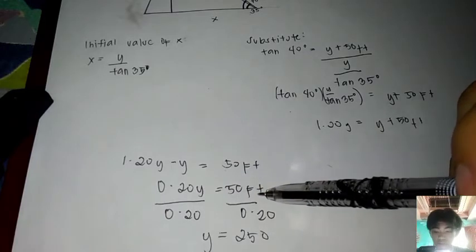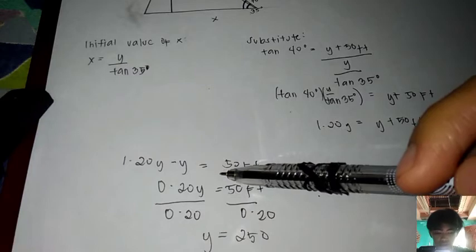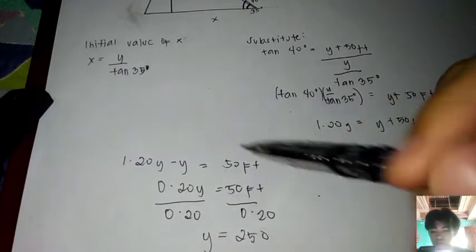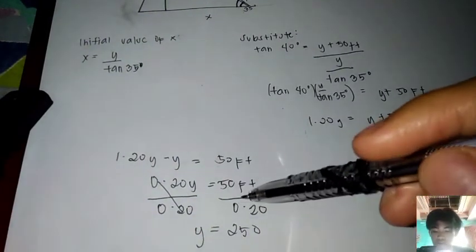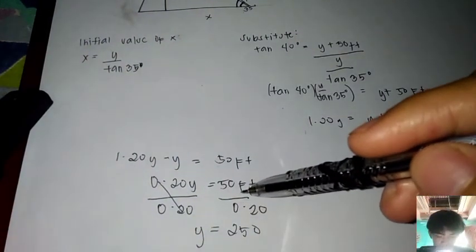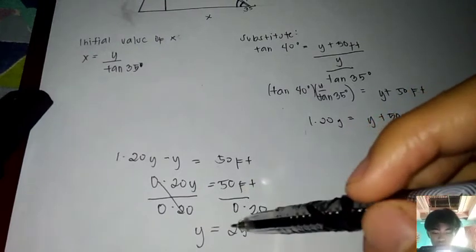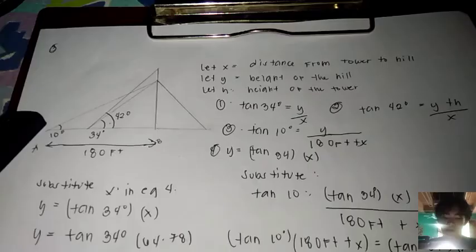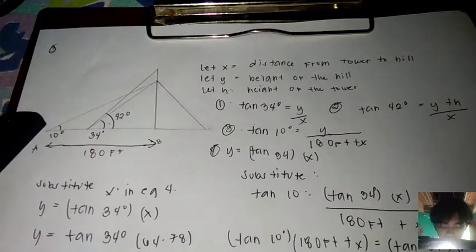equals 50 feet. So to get the y, let's divide both sides by 0.20. So let's cancel this out. So we have y, and let's divide 50 feet by 0.20. So we got 250. We have 2 points A and B 180 feet apart lie on the same side of the